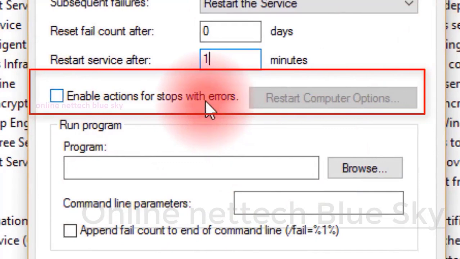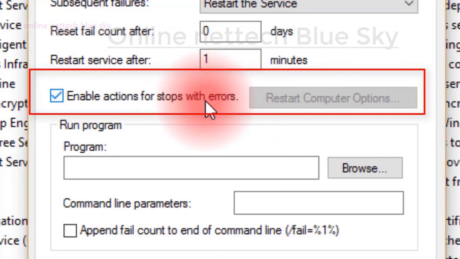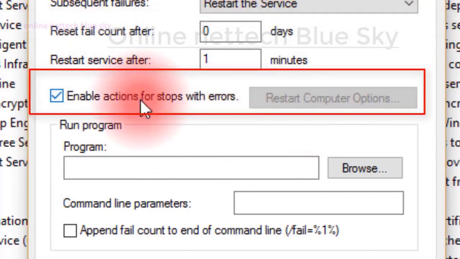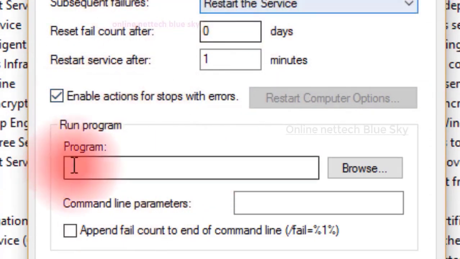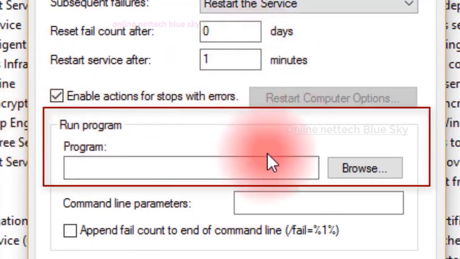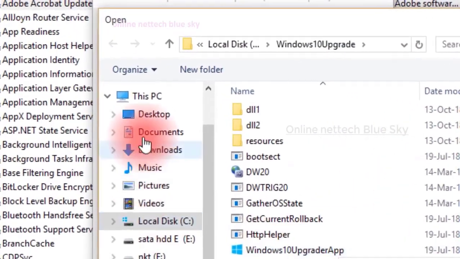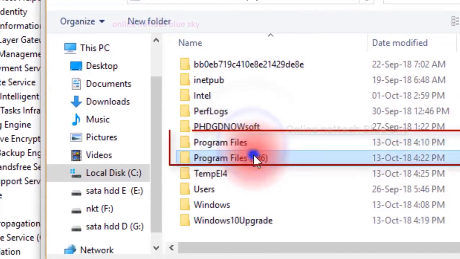Sometimes it does not start perfectly, so there is an option: Enable actions for stops with errors. Sometimes your programs or actions do not start your services. So you can stop here, and you can take actions here in these options. First, how many times you can run or stop a program. This feature is available for your run program. And at that time, how can you start your new programs? And that is when services stop sometimes.